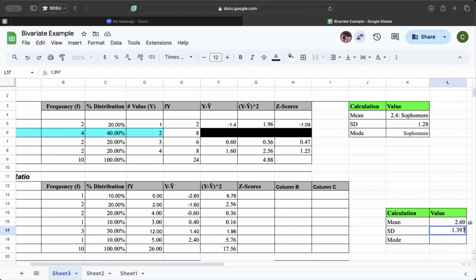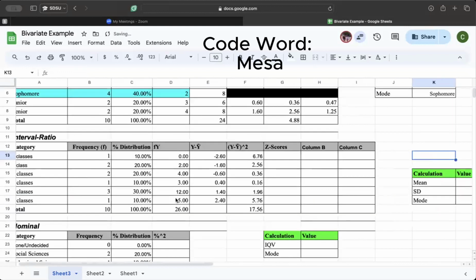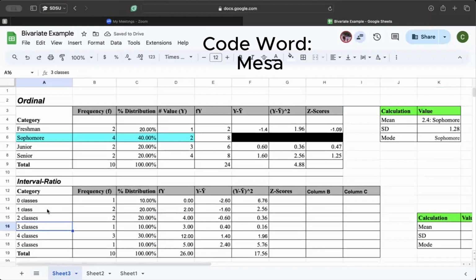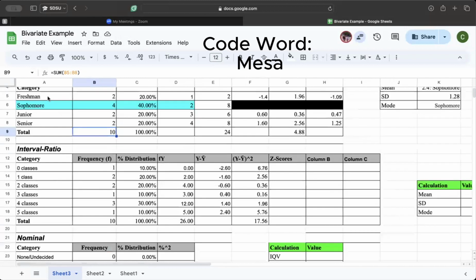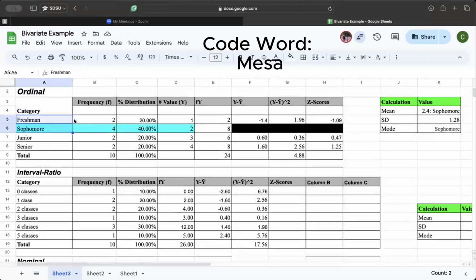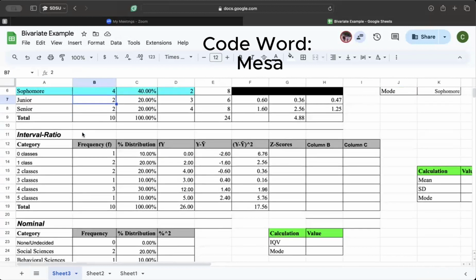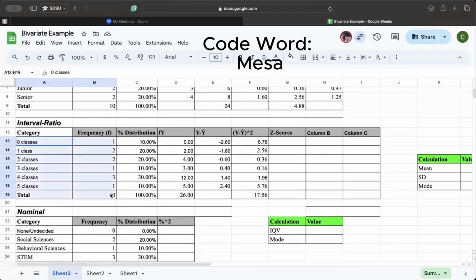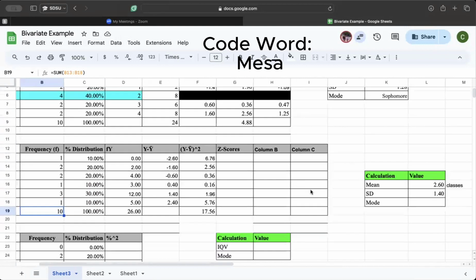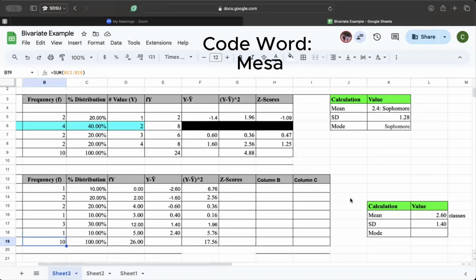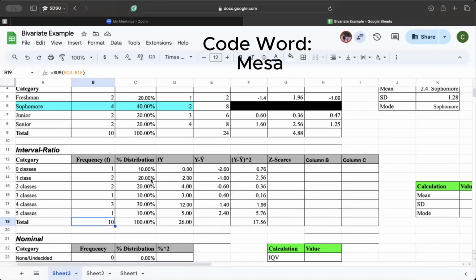1.397. The reason that I did it this particular time is because we're doing the average number of classes. This was the average category. So yes, our n minus 1 now for standard deviation up here was this, but because we're working with the mean category, but down here, this is the mean number of classes. So this is why this ended up being 9, because 10 minus 1 is 9, and that's our n minus 1 for standard deviation. So this gives me a standard deviation of 1.4, and if we look at this,